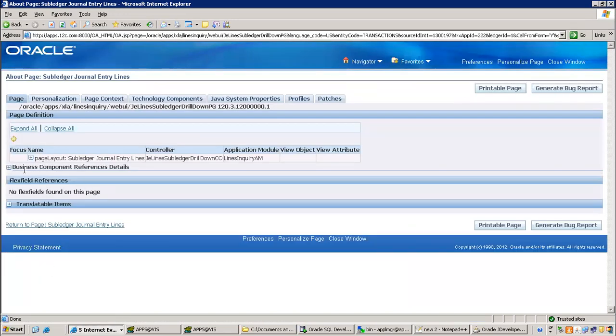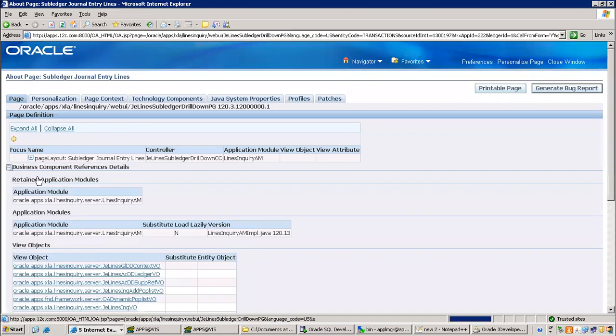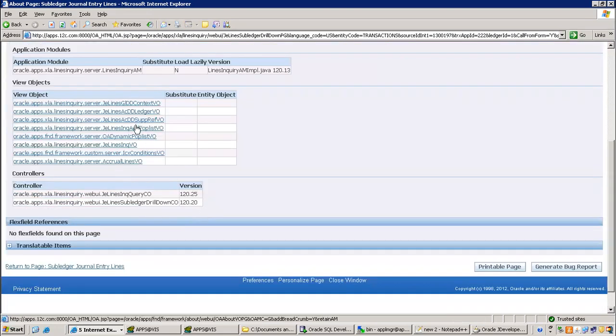There is a business component reference details. These are all the various VOs. VO means view objects. These are all OAF terminology. So whenever you get a chance to learn OAF, you can easily identify what is VO. VO means, simply, at this moment you try to remember: